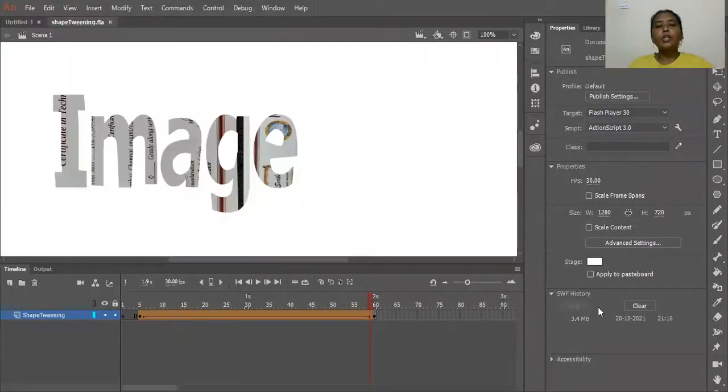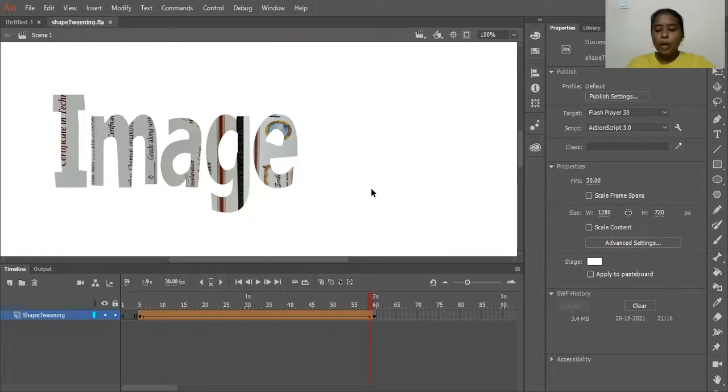So today I'm going to explain to you about shape tweening. Let me share the screen. I have just now done the execution of the shape tweening. I would like to show you how it looks. I just want to execute this program, the previous program. So this is my program. For this, I have taken an example of text and image.